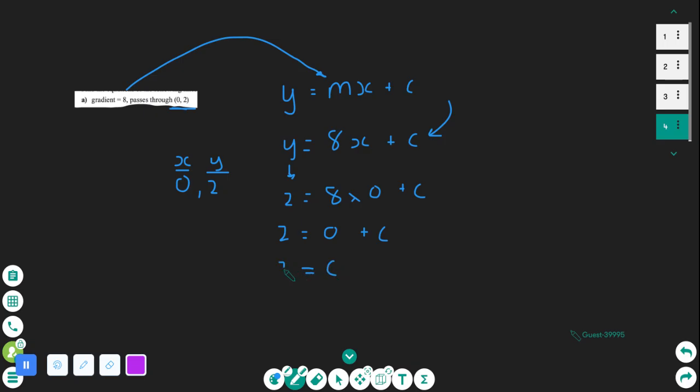So c equals 2. Your final equation is y equals, our gradient is 8, x. Now, instead of c, we know what c is. So we're going to substitute the number 2 for it. And that